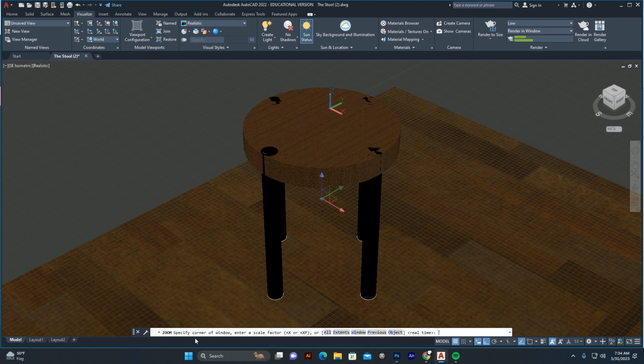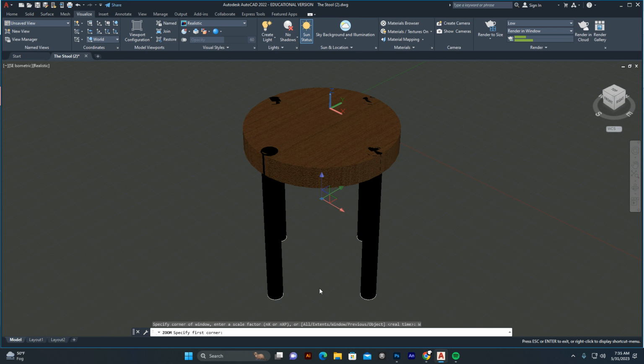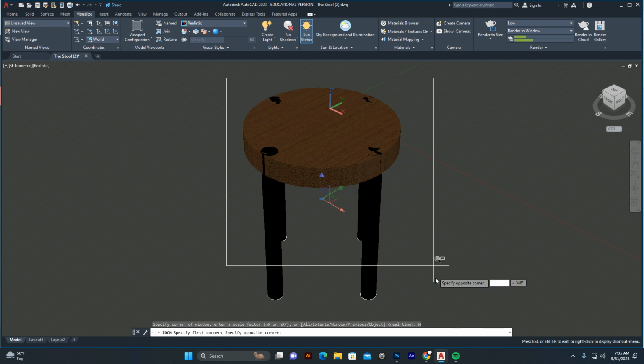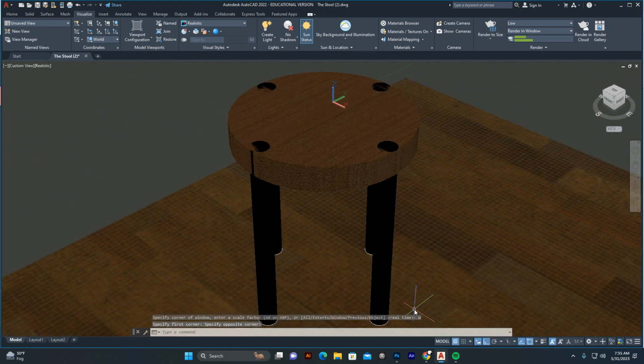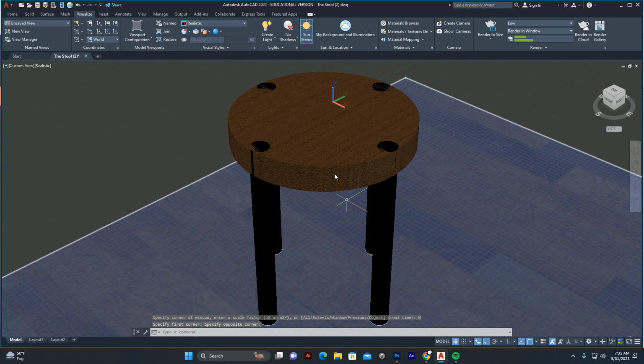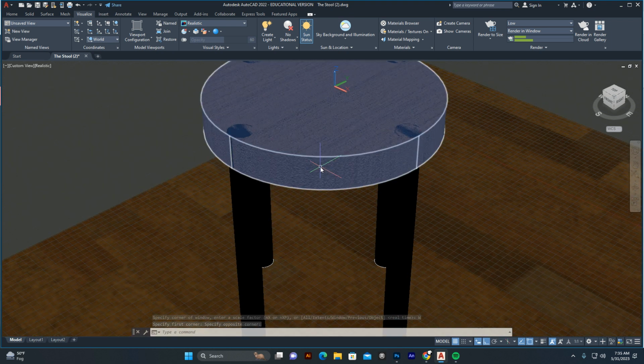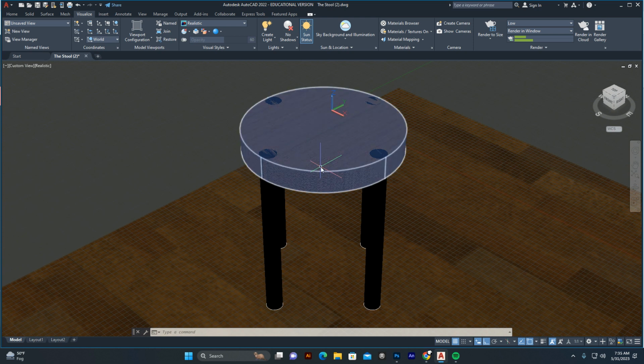Right down here, it'll say specify a corner of window, and then you have all these choices. I'm going to go ahead and click window right there. And then what I can do is I can just make a small window around it, and that'll zoom in even closer. You also have the option of rolling your mouse wheel, but sometimes that doesn't work great,